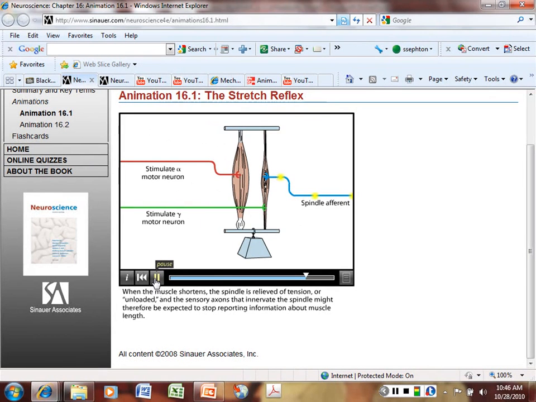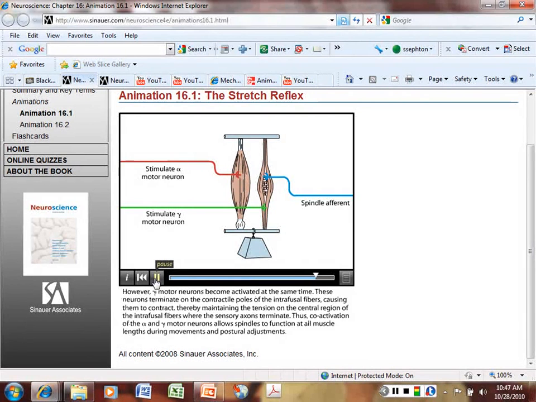When the muscle shortens, the spindle is relieved of tension, or unloaded, and the sensory axons that innervate the spindle might therefore be expected to stop reporting information about muscle length. However, gamma motor neurons become activated at the same time. These neurons terminate on the contractile poles of the intrafusal fibers, causing them to contract, thereby maintaining the tension on the central region of the intrafusal fibers where the sensory axons terminate. Thus, co-activation of the alpha and gamma motor neurons allows spindles to function at all muscle lengths during movements and